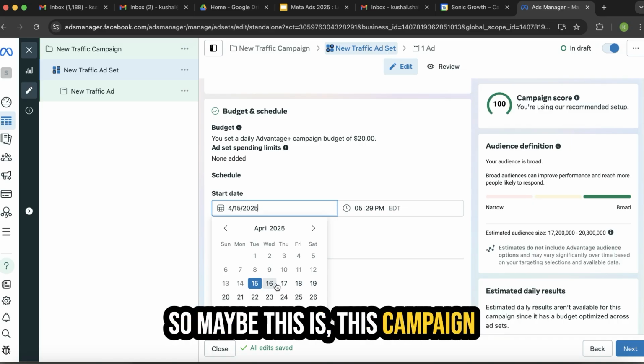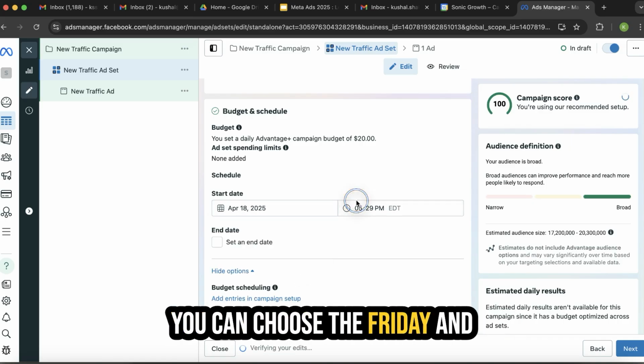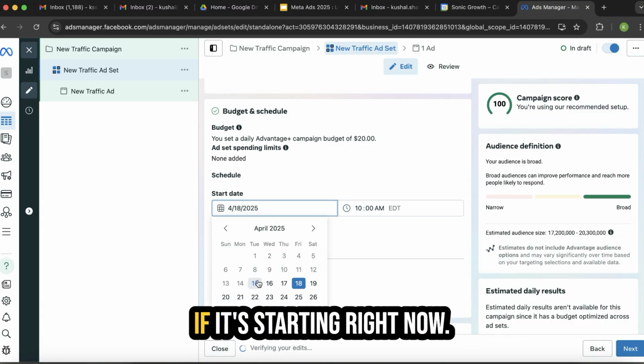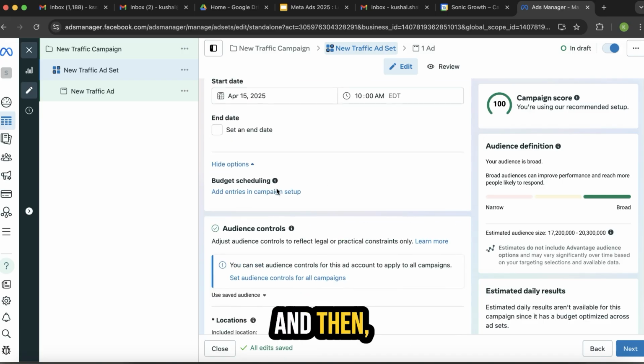So maybe this campaign is starting on the Friday. You can choose the Friday and then change the time to the morning, or just run it right away today if it's starting right now. And then